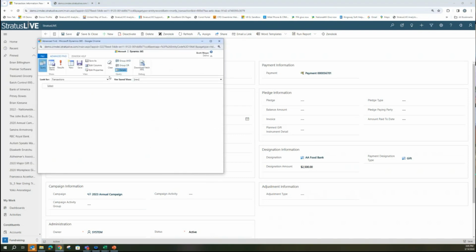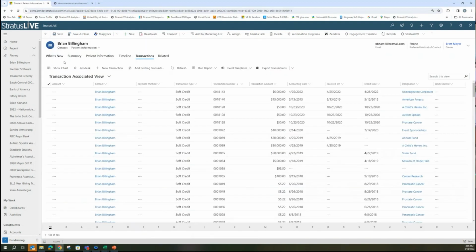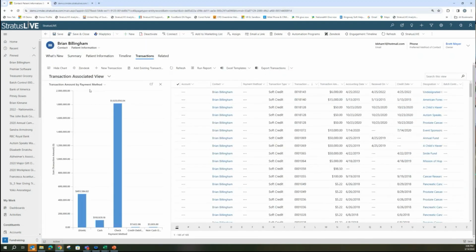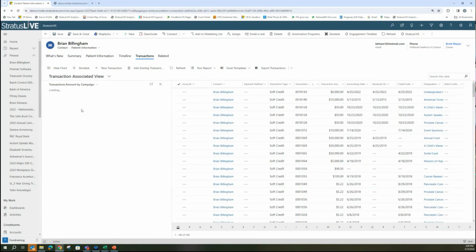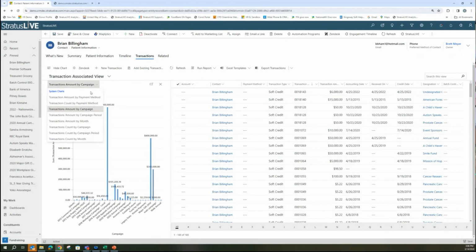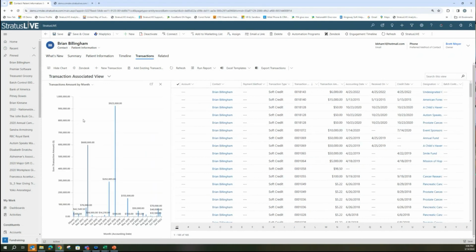If I use advanced find, I now have the ability to go to transactions, and within transactions, I have the ability to run searches on any of this information. The other thing that we gave you is some out-of-the-box charts. So if you want to look at transactions by payment method, or transaction amounts by campaign, or the amounts by month that they've given, we've already given you some default charts that are sitting right at the constituent level,